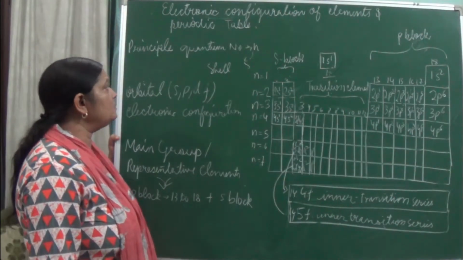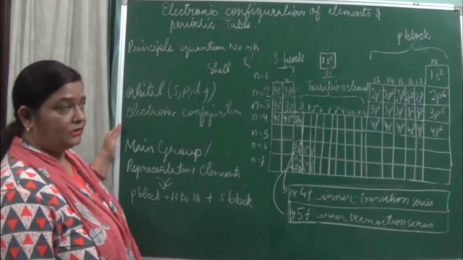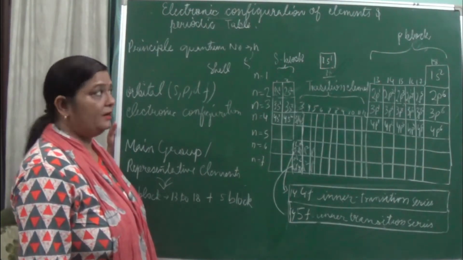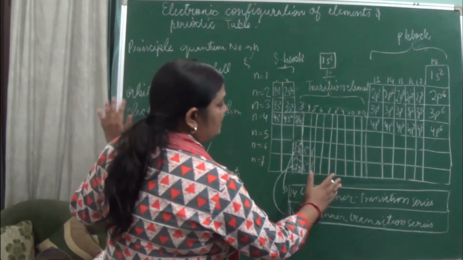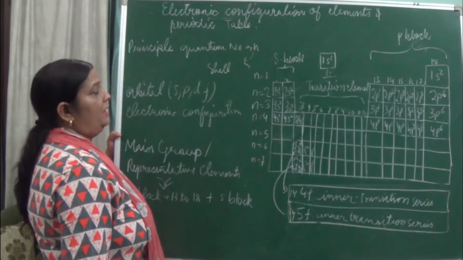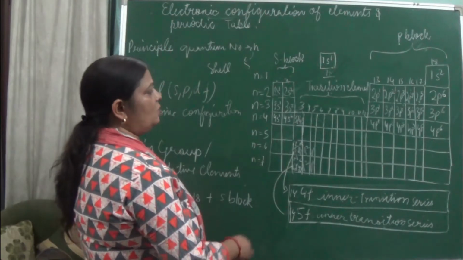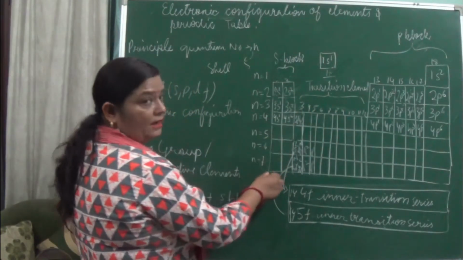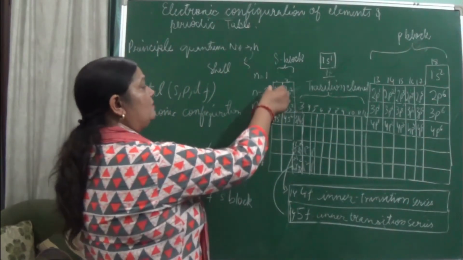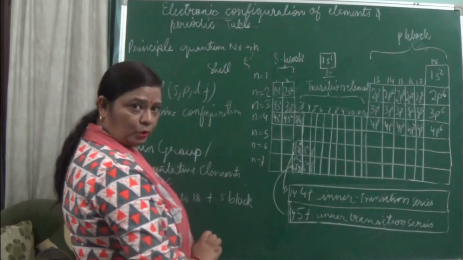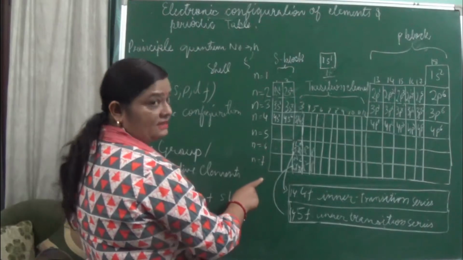If we are talking about atomic number, the topics that come into consideration are the principal quantum number, orbitals, the s, p, d, f blocks, and electronic configuration. Keeping these basic things in mind, we classify the elements in the periodic table. The modern periodic table consists of horizontal lines and vertical lines. The horizontal lines are known as periods, and the vertical columns are the groups. When we look at the periods, 1 2 3 4 5 6 7, how many periods are there?